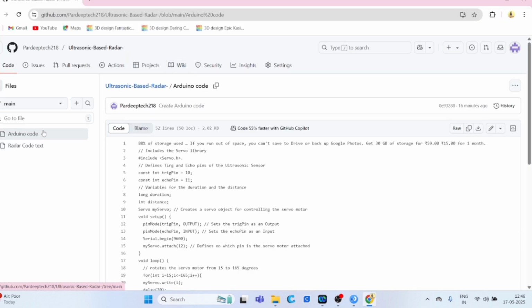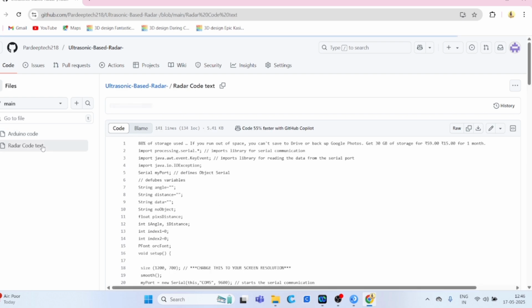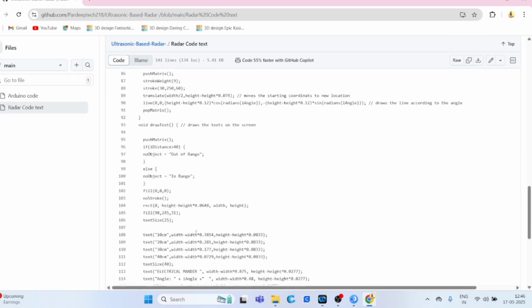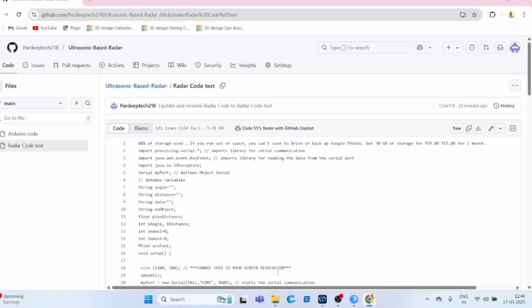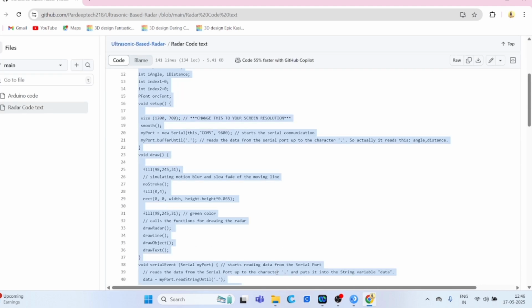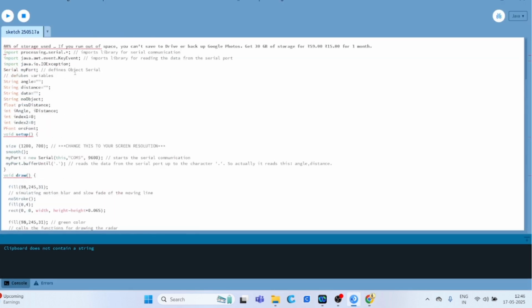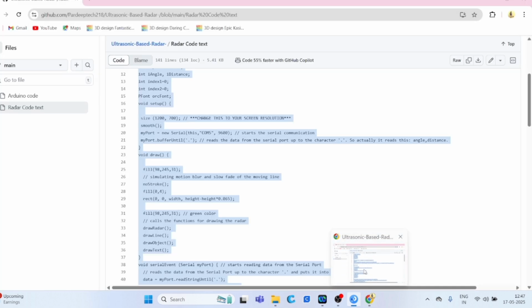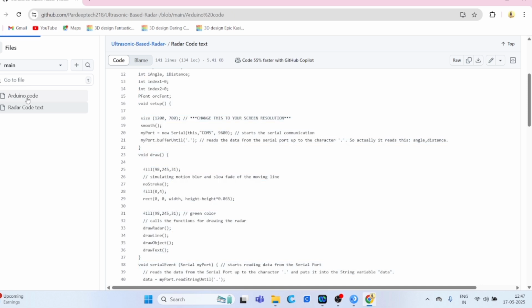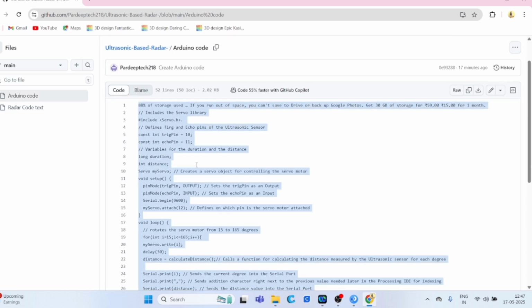So first you need the code, and the code is available in the description. Here are two codes: Arduino code and Processing code, which shows in a graph whether your radar is working or not. I copy this code from the description, and you need to delete the first line. Then go to the Arduino code and copy this code